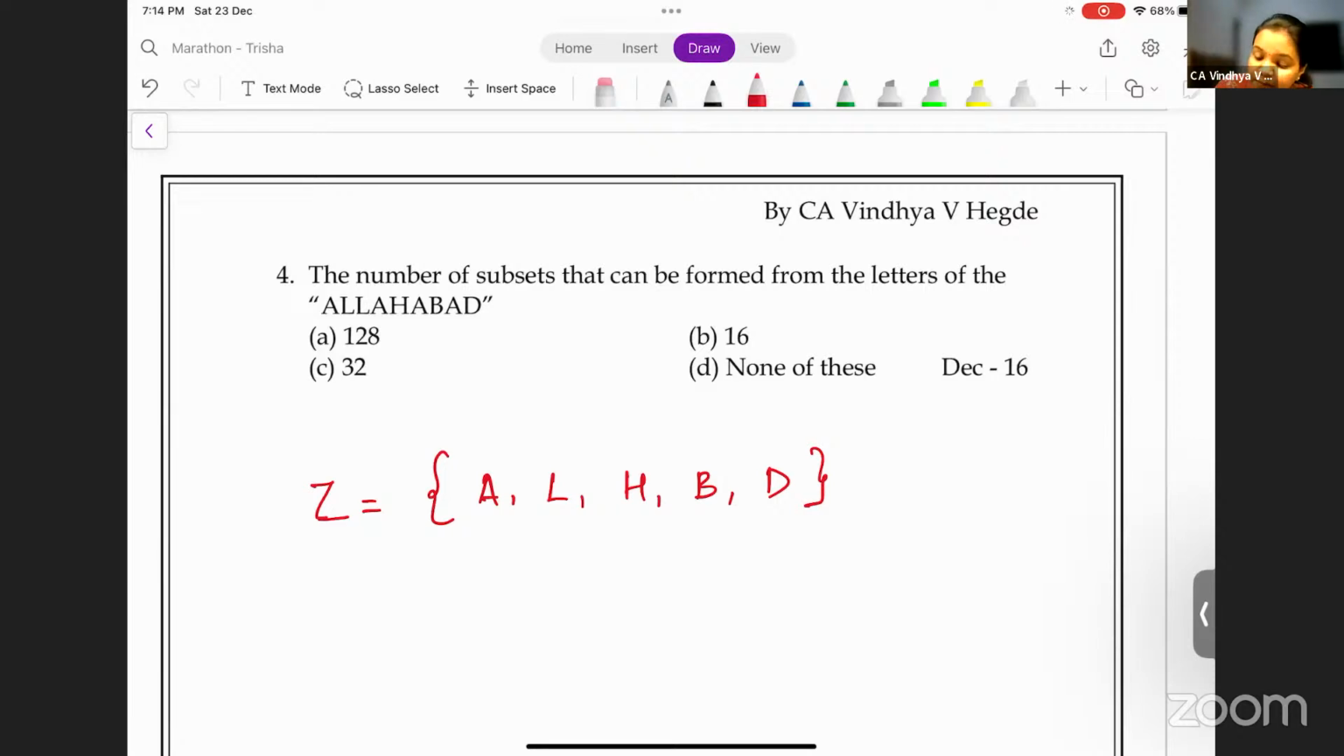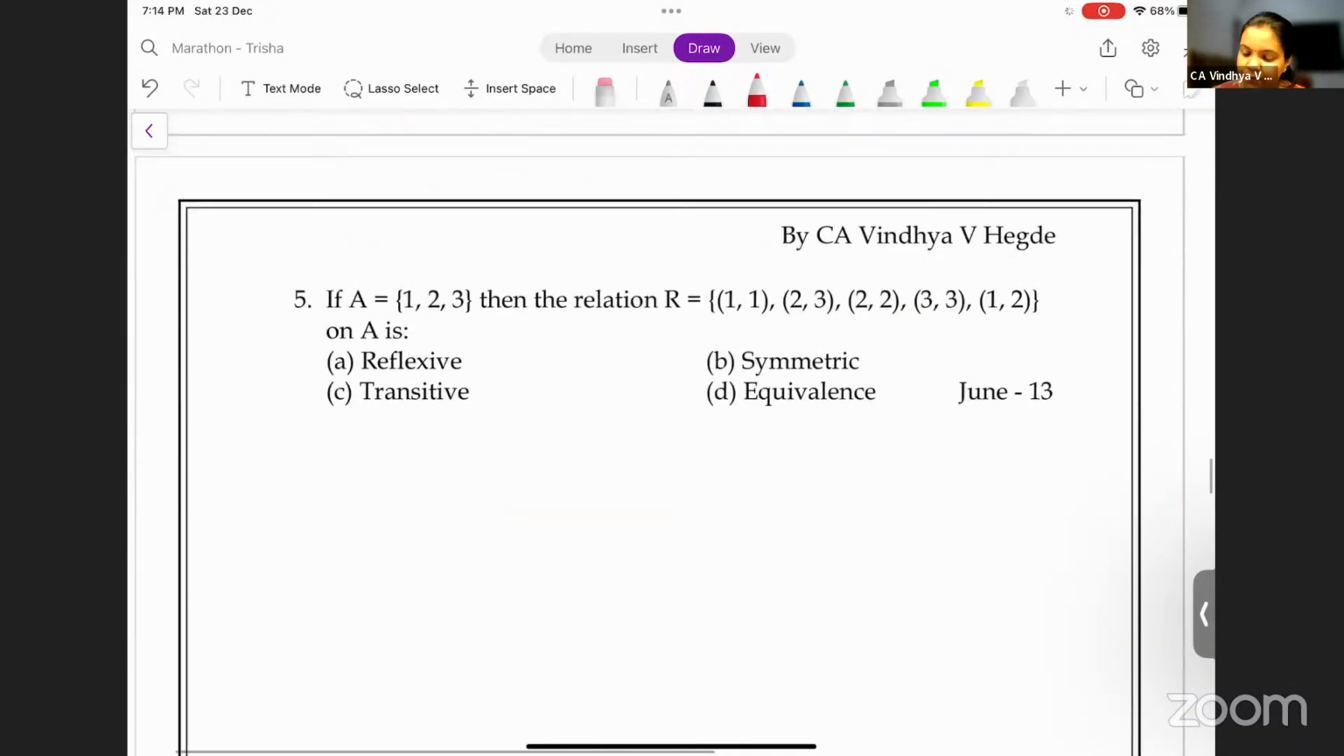Okay. So how many subsets are possible? It is 2 to the power n, which is 2 to the power 5. That is equal to 32. Okay. Next